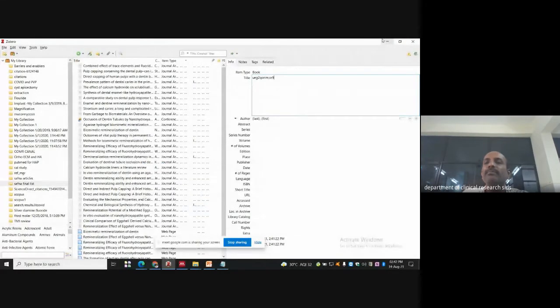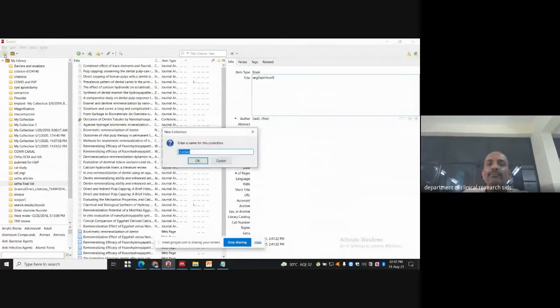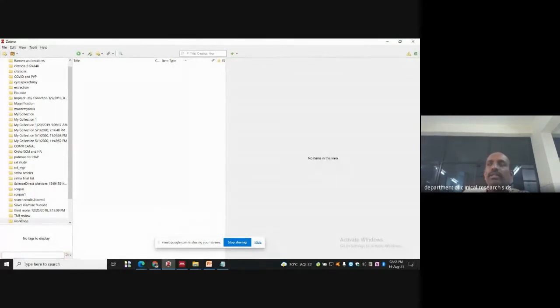Okay, this is very important to add the library, because I do have my library in collection. So many folders are there. Okay, you can add one more folder here, like a workshop folder. Okay, for workshop folder I am showing. So I have created one workshop folder which will go down in the last according to alphabetical order. So it's a workshop folder.